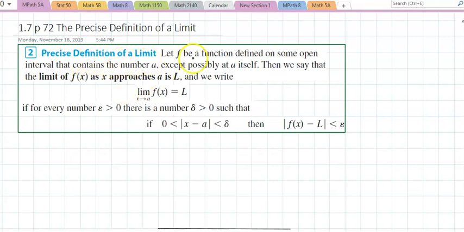Precise definition of a limit. Let f be a function defined on an open interval containing this value a, except possibly at a itself. Then we say that the limit as x approaches a of f of x equals L if for every epsilon bigger than 0. What's epsilon? A very small number. I'll show you in an example. There exists another small number